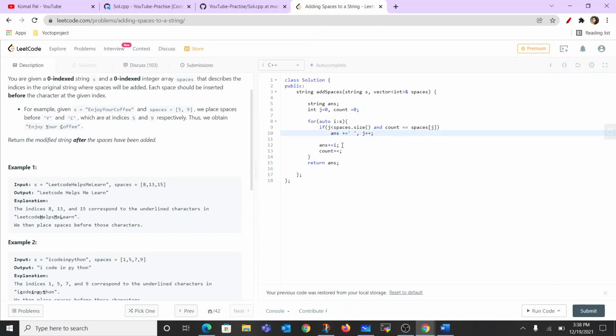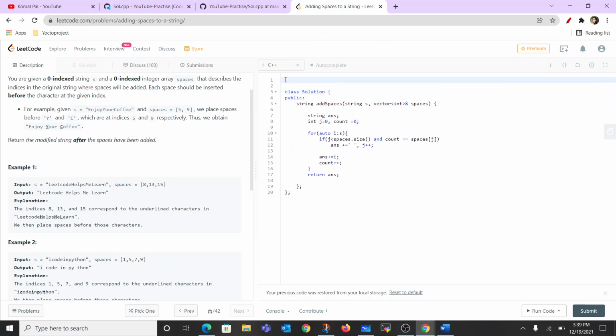Now the next thing is I'll simply add to my answer whatever character was there in that particular string at this step, and then also I'll increment my count. So this is what I'm doing in this whole for loop. Now at the end, when this for loop exits, my answer would be returned. So now I'm simply traversing this particular string only, right? So my